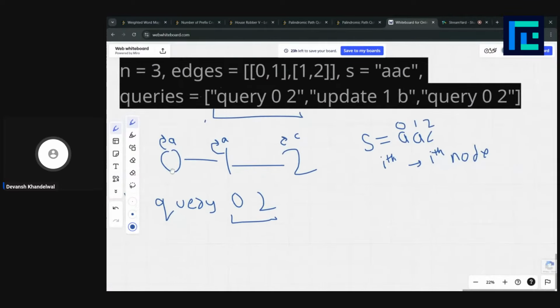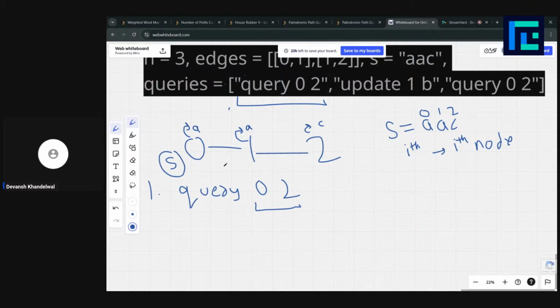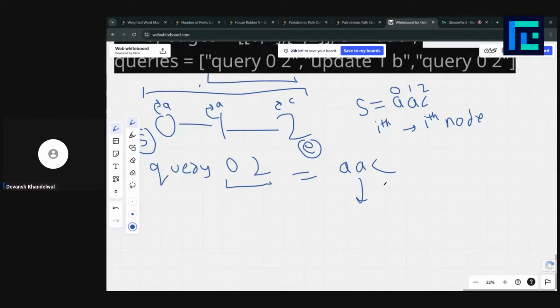What are the characters in the path? This is our starting point, this is our ending point, and this entire thing is our path. The characters in the path are a, a, and c. Can they be rearranged to a palindrome or not? No, this is not a palindrome.